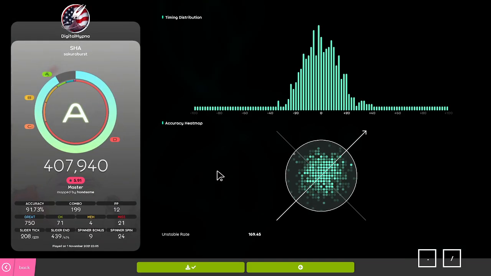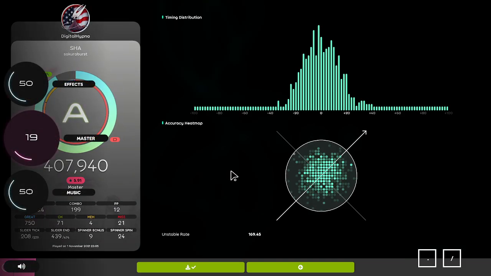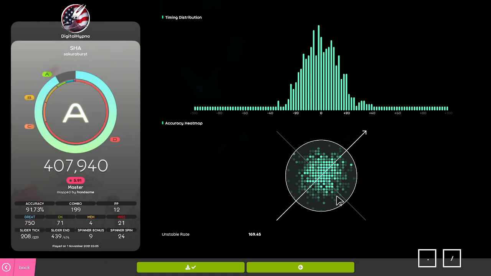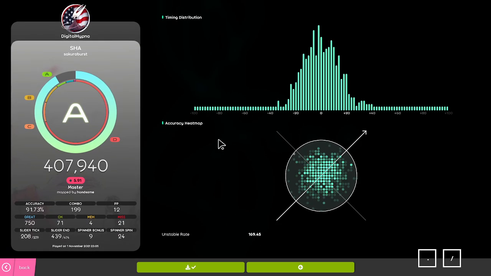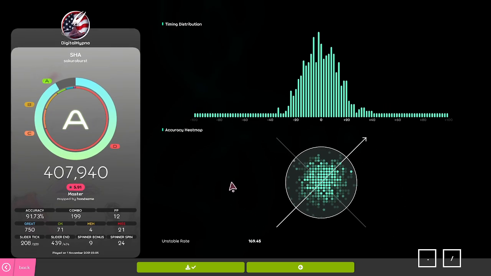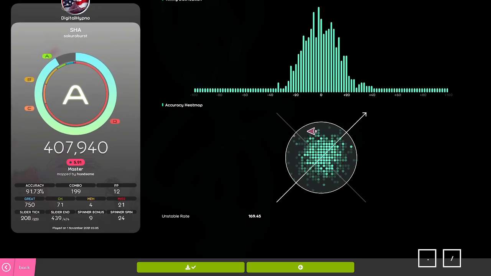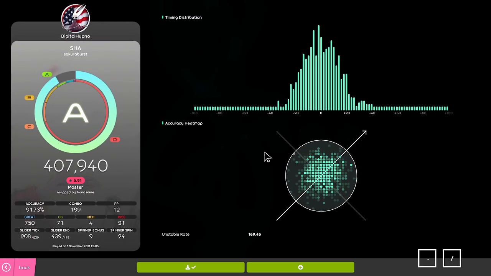On the topic of replay analysis, this is something I've shown in previous episodes, but osu!lazer has this hit heat map of all your hits relative to the circles, which I think is very, very cool. It's not really part of replay analysis, but ideally if you have all your hits in the center of the circle, then that means you have good fundamentals. It is somewhat related to replay analysis, so I do want to point that out again.